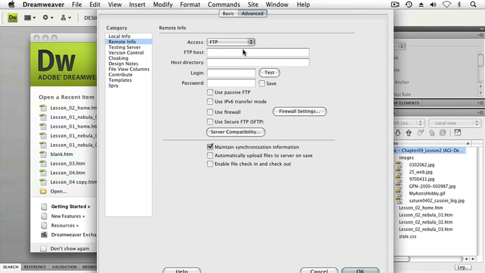So now that we're looking at this dialog, we would input the credentials for our web server that would allow Dreamweaver to communicate and upload and download files from and to that location. For this example, I'll just make up some credentials. If you have a real domain from a hosting provider for your own website, this would be the place to enter that information. In this example, you might have something from your hosting provider that looks like